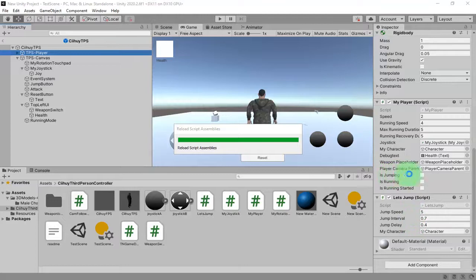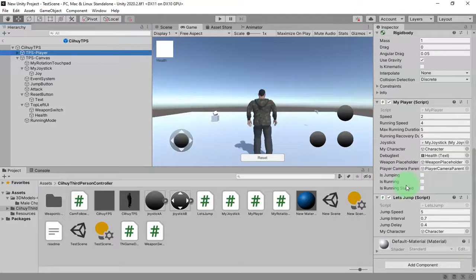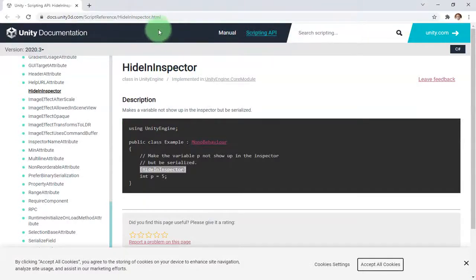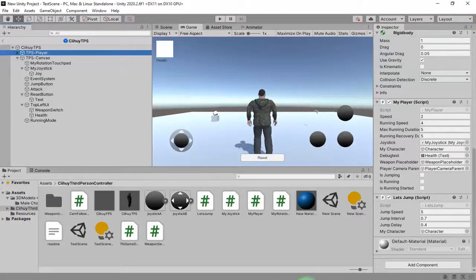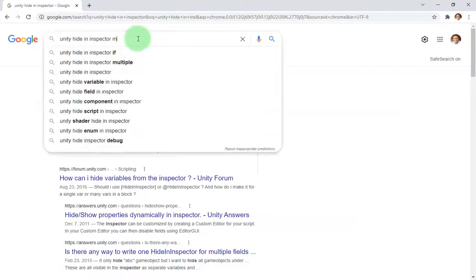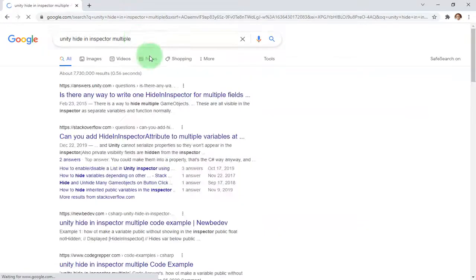Alright, it is only hiding one line of the code. What if I want to hide multiple lines? Let me find out about multiple lines.